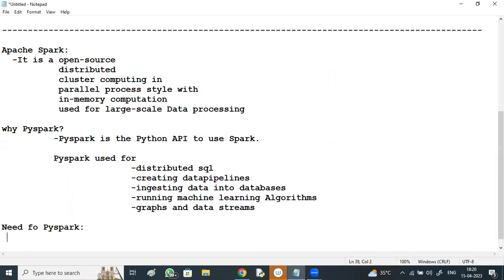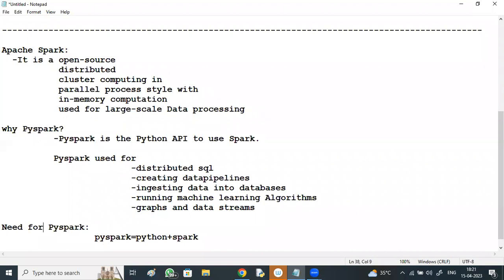So what is the need for PySpark? PySpark equals Python plus Spark, Spark implemented with Python. It's a combination of Python and Spark that can efficiently deal with the world of big data. That's why the Apache Spark community came up with a tool called PySpark, a Python API for using Spark. So is it an implementation of Spark in Python, or an API to use Spark?